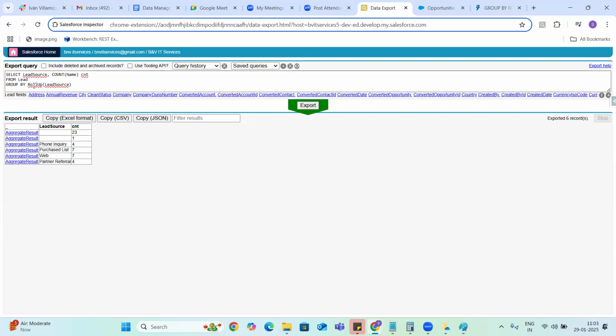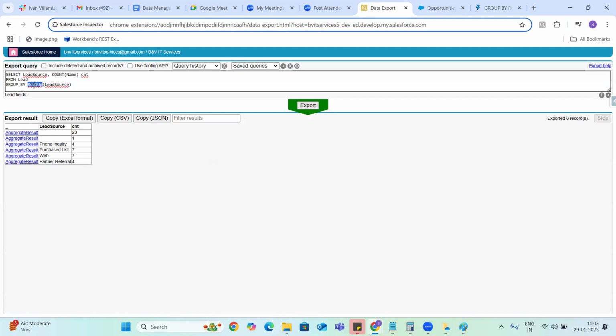If I use the roll up, it is giving some 23 records where it doesn't have lead source. If I don't use the roll up, it is not displaying those 23 records.